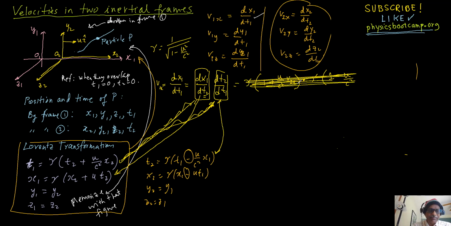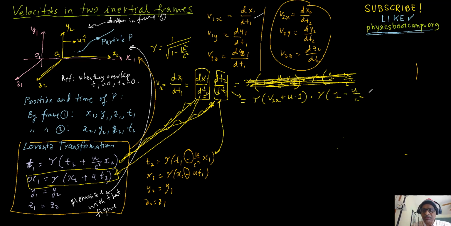I can see. So let's do it one more time. So using this for x1, I get gamma (v2x plus u times 1), and then using this I get a gamma (1 minus u over c square